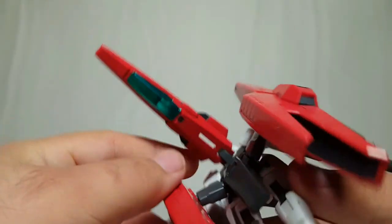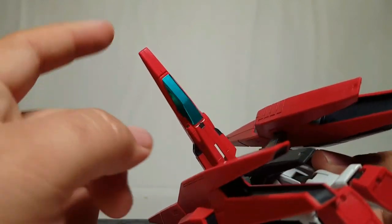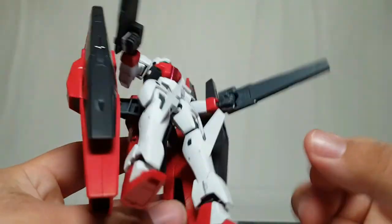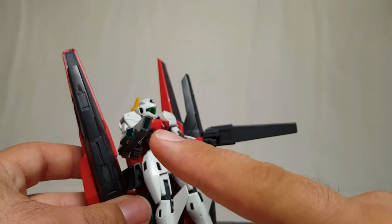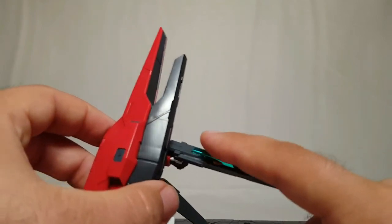And just a big sticker detail, just like on the Kyrios, it does have the big fake cockpit sticker. Gotta love that. Now down to the guns, they actually have a little bit of detail too. I painted just inside there. There we go, you can see it, green paint for inside the gun. A little bit of green